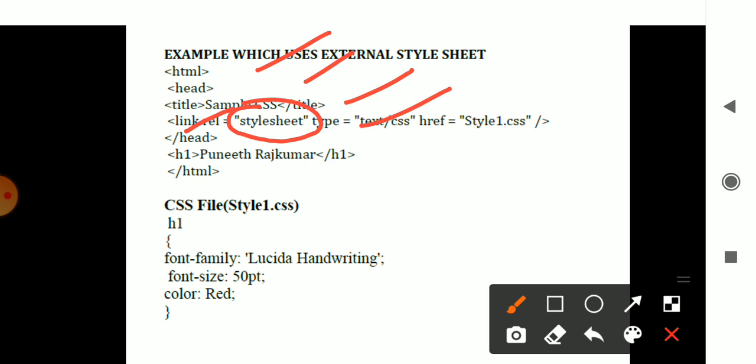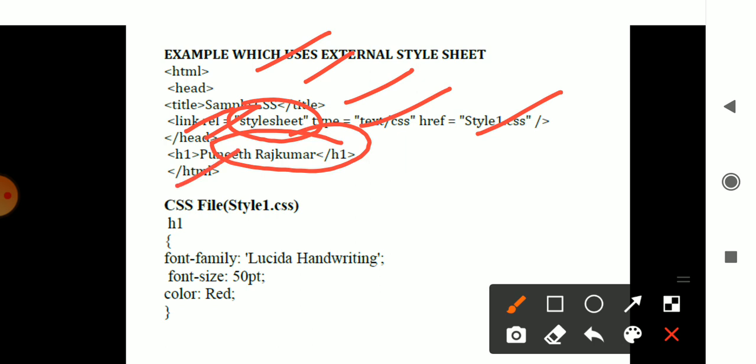The link is provided with the file name style1.css. It has to be saved with the CSS file name, and then the head is closed. Then the heading considered here is Puneet Rajkumar, and /html is closed.